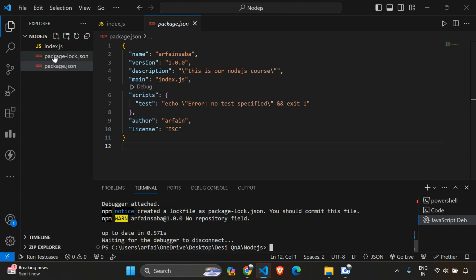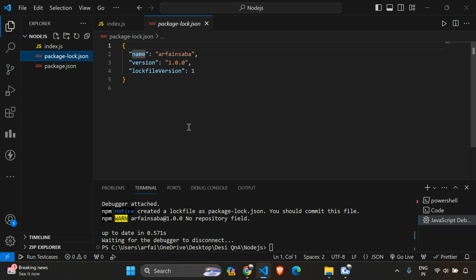Okay, here you can see when I gave it here, the package-lock.json has been created. Okay, so this package-lock.json basically has all the dependency values.